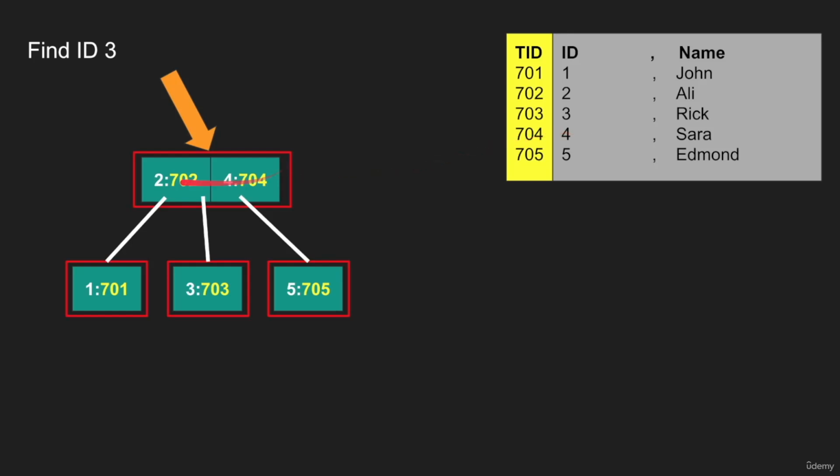Okay, so it's just gonna have thousands of elements because we want to fit it in a single page. So there's so much stuff we can put here. Then I'm gonna read this and ask my question: where is ID number 3? Well, 3 is between 2 and 4, so I just eliminated this and this. So I'm only gonna pull the page pointer, or something called the child pointer, to this row,